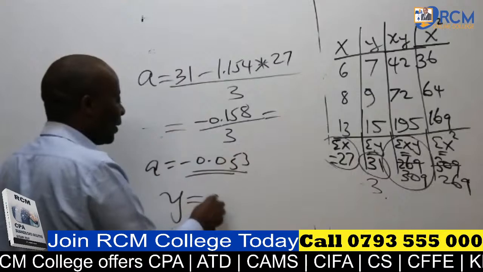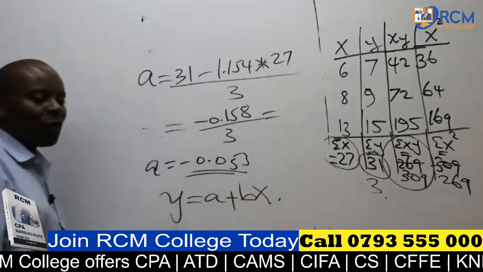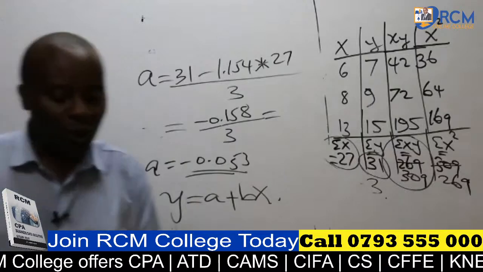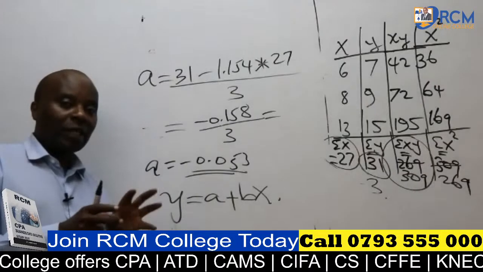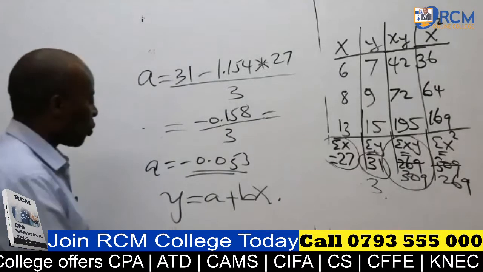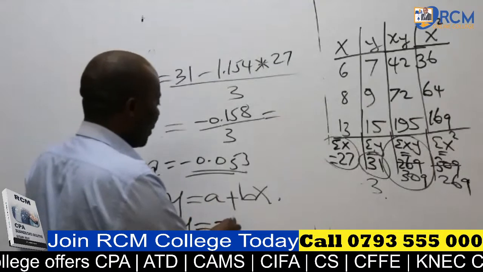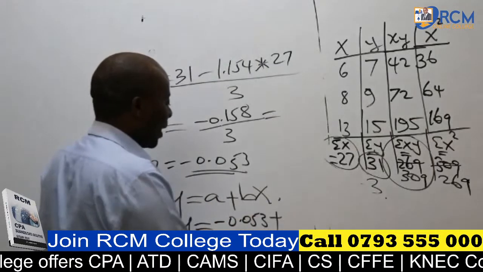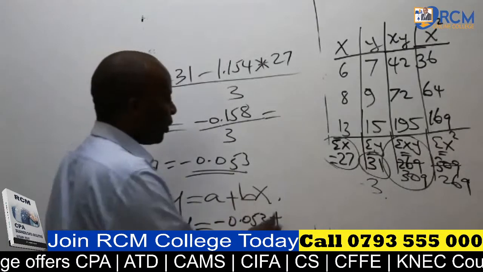Therefore, remember, finally, you have a responsibility of writing for us the formula for Y. You have the responsibility of connecting Y and X using the connectors A and B. So my Y here will be equal to A, which is minus 0.053, plus B, 1.154